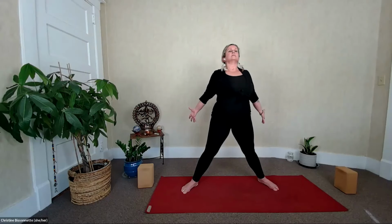Pausing, standing upright, reaching the fingertips. Opportunity to feel sensations. Releasing arms down by the side. Gently bring the feet a little closer together. Place one hand over the other on the heart center. Just feeling if the heart has anything it would like to say